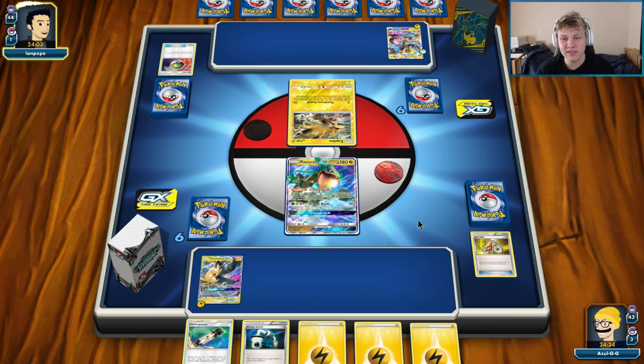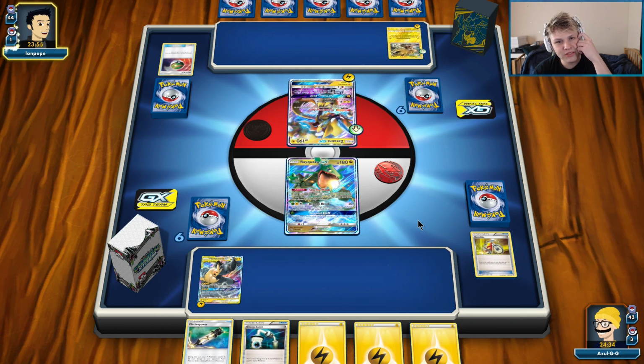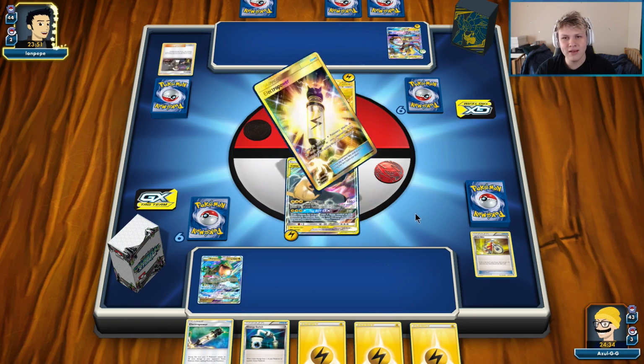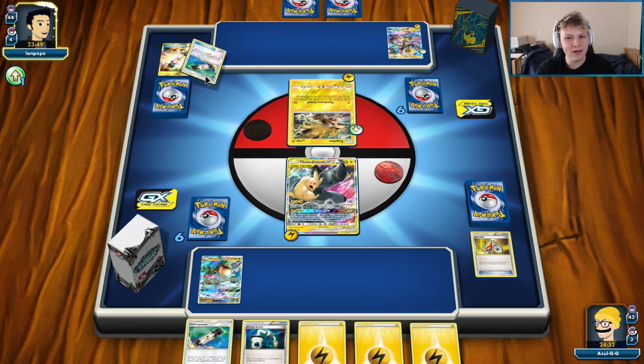Hopefully they don't have something like attach, Thunder Mountain, Guzma, Choice Band, E-Power, E-Power, E-Power. Or Choice Band, E-Power, E-Power. They're just going to retreat into the Zeraora. They might have a switch card to back this. Oh, they got the Guzma to back it up. So that's actually pretty rough for us. There we go. Ooh, and an E-Power, the 110 hit. Oh shoot! It's the battle of the